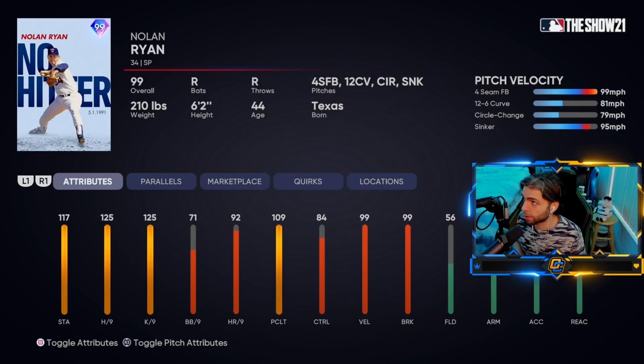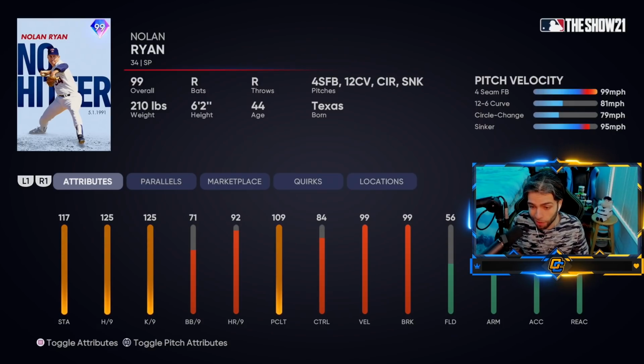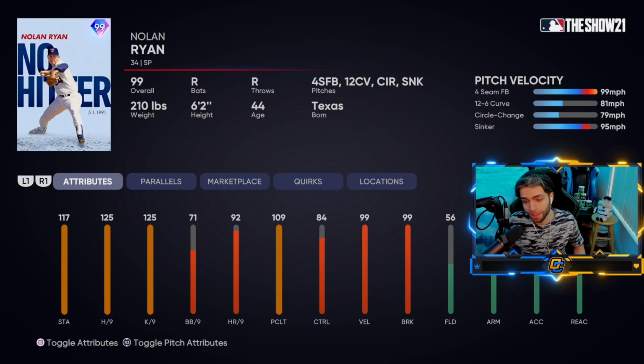Pitches are what kills him. He's got outlier on the fastball, but he's only got a curveball, a changeup, and a sinker. The sinker's nice to see. He did throw a slider in Texas. It would have been nice to see a slider. He doesn't have anything,